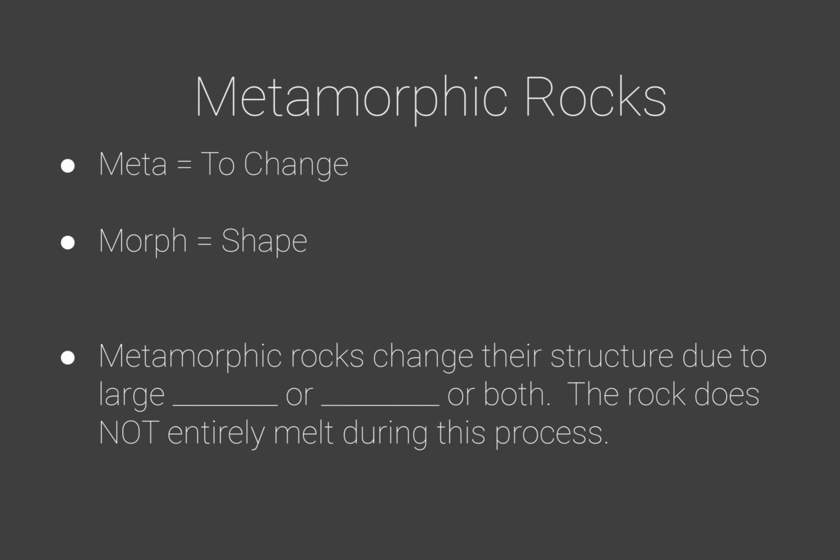And our last type of rock that we're going to be looking at is metamorphic rocks. And what metamorphic rocks are is really held within their name, because meta means to change and morph means shape. So metamorphic rocks are rocks that have changed their shape. And to do this, and I'm going to switch color to differentiate here, metamorphic rocks change their structure or their shape due to large amounts of heat,